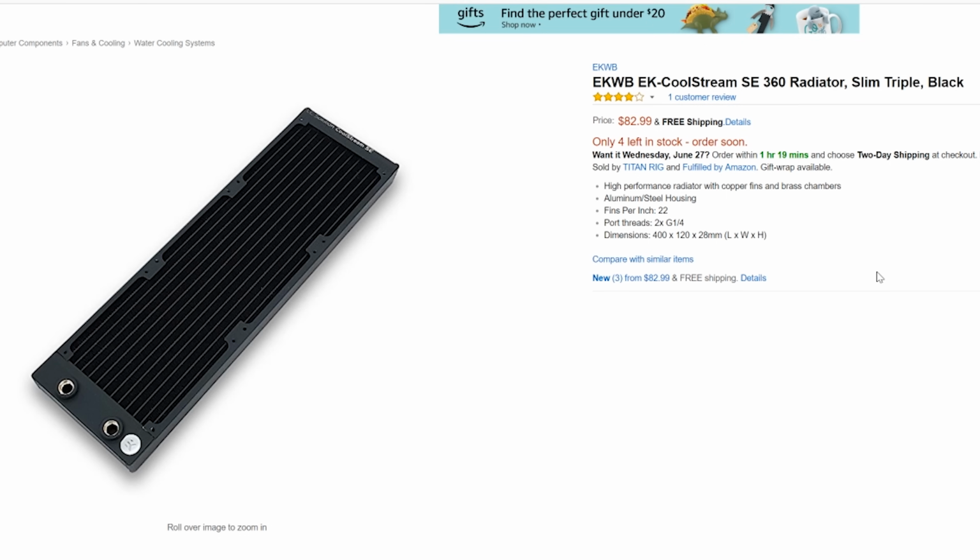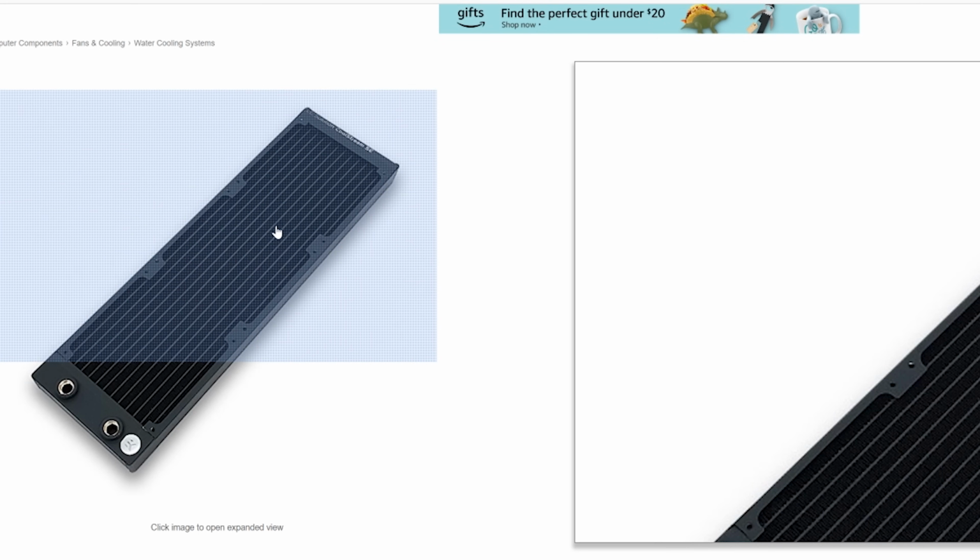And then radiators. We'll be putting 2 radiators in Hotline 2.0, very much like 1.0. However, instead of having a 360 and a 240 like the original, we'll have 2 360 radiators this time around. For starters, we have an EK Coolstream SE360. This is a slim rad at 28 millimeters thick that we'll be placing on the top of the system,